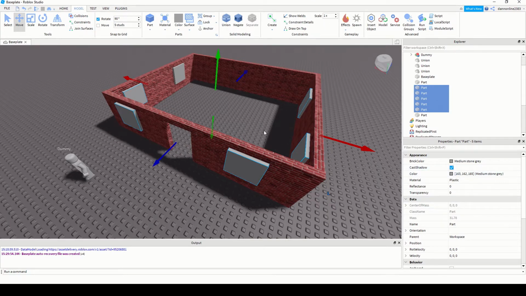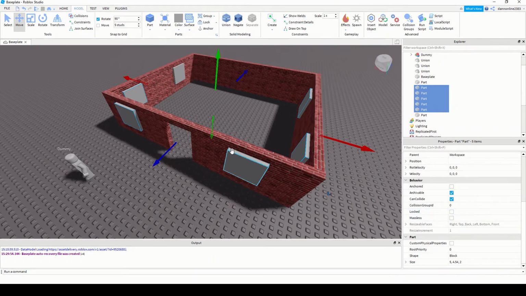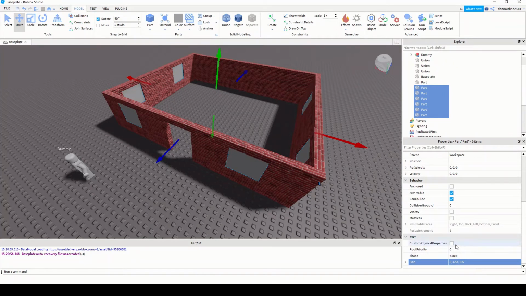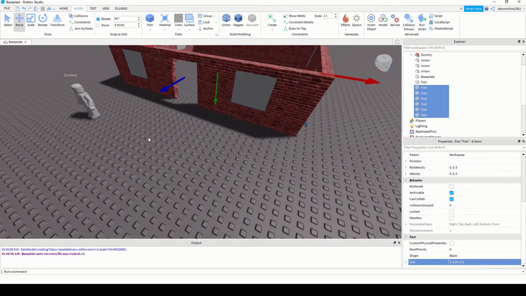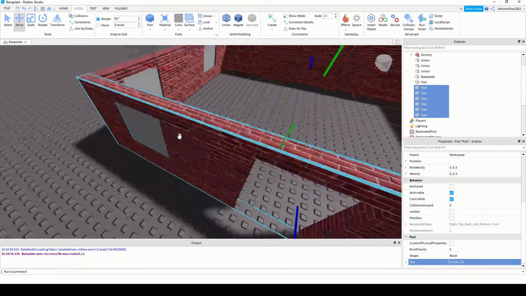Okay, we're gonna create our window glass, just to be more specific. So I selected all of them. Okay, select. So currently 2 yung thickness niya. We want to change it to 0.5. Okay, there you go. And then you'll notice it fits right in sa doon sa ginawang hole